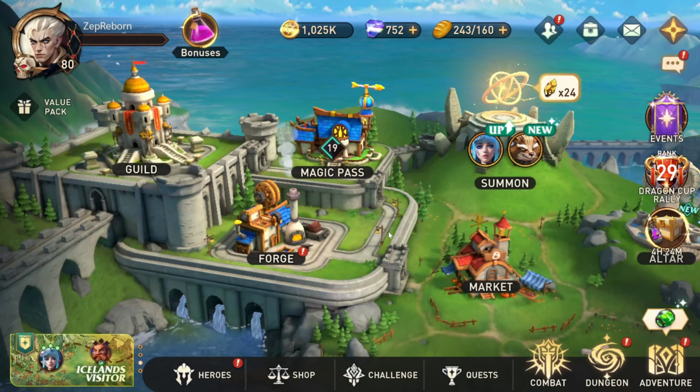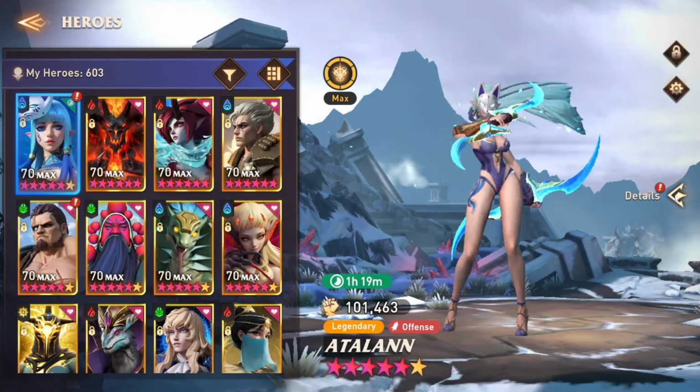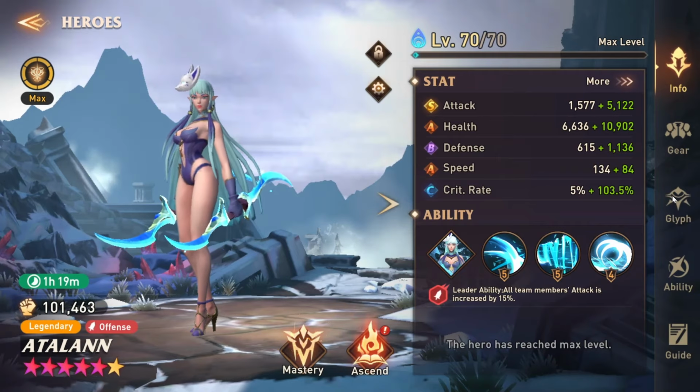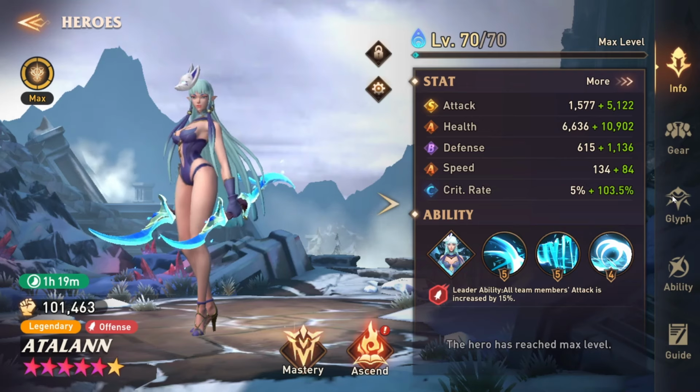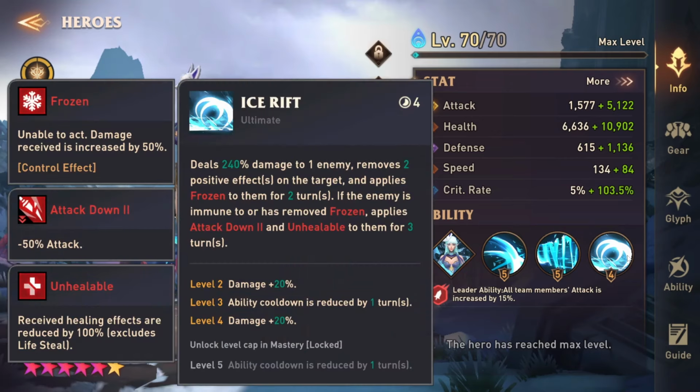Hey everyone, so today's video we are taking a look at the buffs from Atalann with the update here. One thing that they did do is they kind of changed her kit a little bit without telling anybody. But on her ultimate, other than what I talked to you about yesterday, they actually changed defense down 2 to attack down 2. Now, I think this does have some